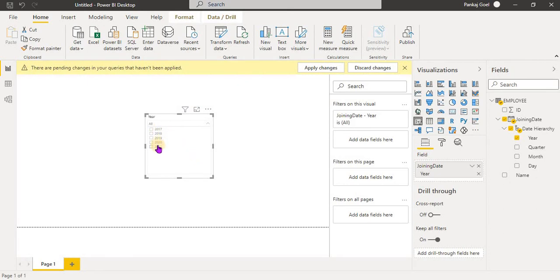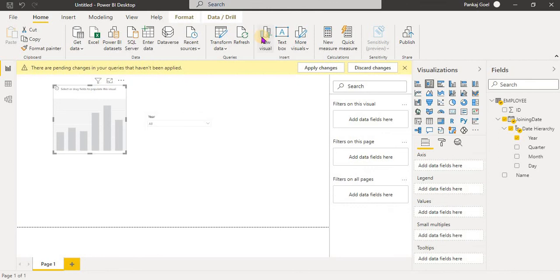Suppose we want to select all the data at one time, or by default select all, or multiple select, we can do that also. But how are we doing this? By using control. When we press control and then click on 2017, 2018, 2019, something like this, we can select multiple options, and in this way we are using it. So this is a drop down, right?